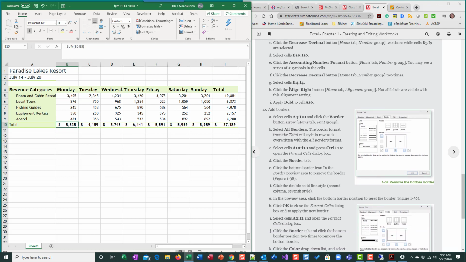Okay. So now we're going to select B4 through I4, and we want to align these right, because look underneath, the numbers are right aligned. Numbers are always right aligned for us, right? Because we want our ones, tens, hundreds, those columns to be lined up, and they're right aligned. So we want to match these